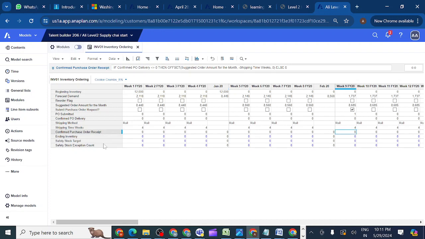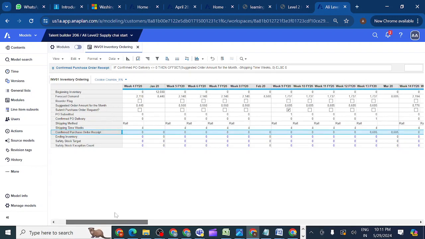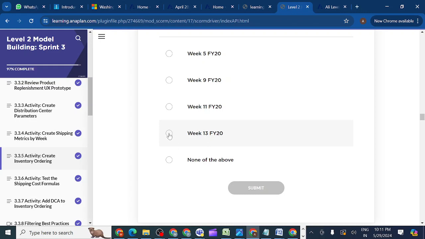Week 11 you have 0 and week 13 you have non-zero. Is it correct? Which week do we have non-zero values? Week 13. You should select week 13 here and click